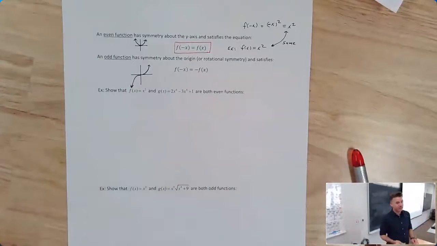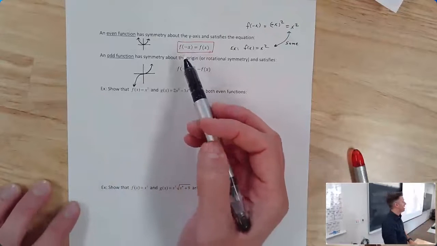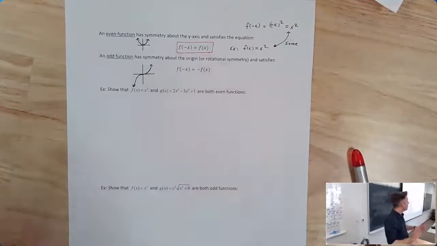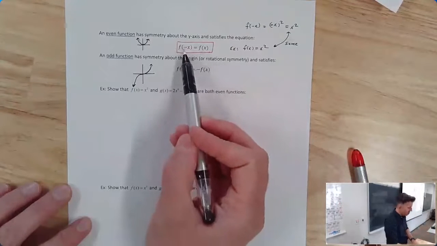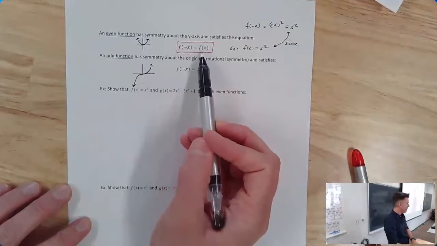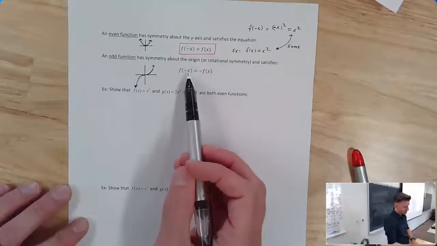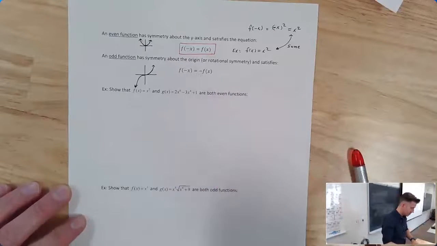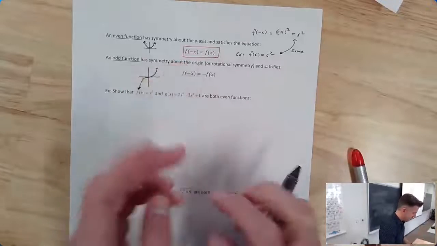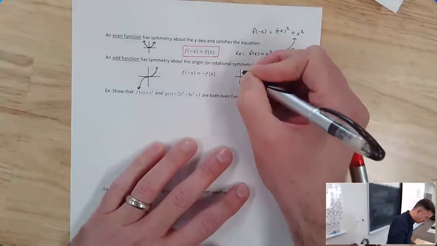I should point out, because it is true, that when I write f of negative x, when I do the negative on the inside of a function, that's like doing a horizontal reflection. So we are literally writing here that the horizontal reflection is the same as the original function, which is what we have just said it should be graphically. What we're saying here is actually the horizontal reflection is the same as the vertical reflection, which should also be true, right? If you did the horizontal reflection, so let me just show you the picture. Here's your horizontal reflection,